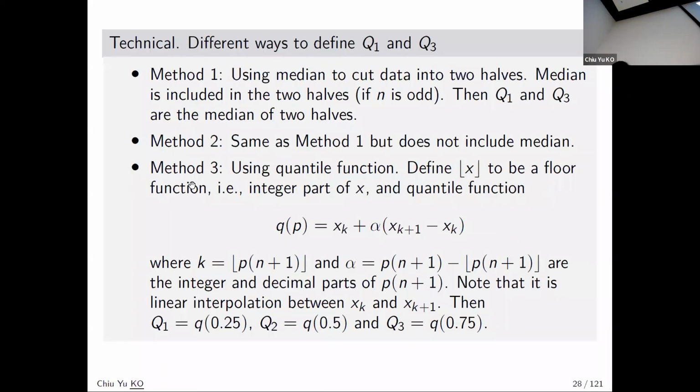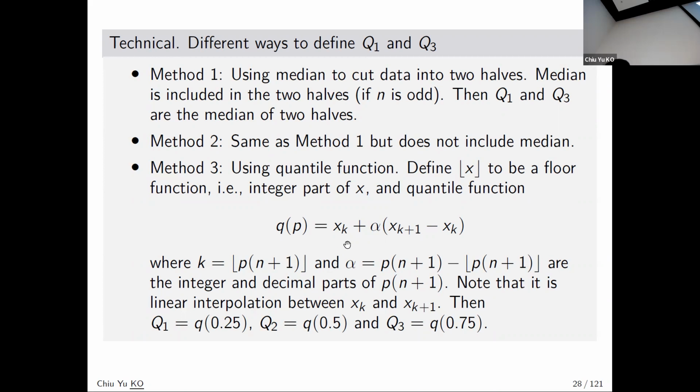So before we continue, just to remind you again why we do this complicated thing: method 1 and 2 are something you might have learned in high school, and method 3 is the one used in software packages, so that's why we learned that one. And the calculation is not very difficult. Look at